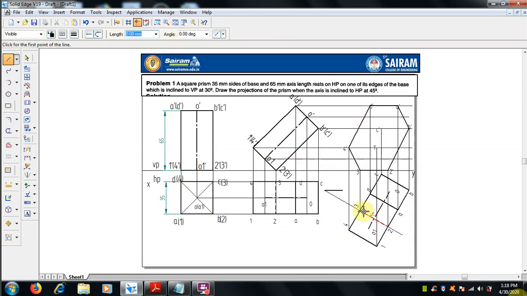In this view, now we will see that the bottom face will be visible. So here the bottom face, in the sense 1 2 3 4, we can make it 0.5 mm thickness. Select the line command and draw the bottom face with a 0.5 mm thickness, and the visible edges, whatever there are, we have to make them 0.5 mm thickness, that is 1 to A.